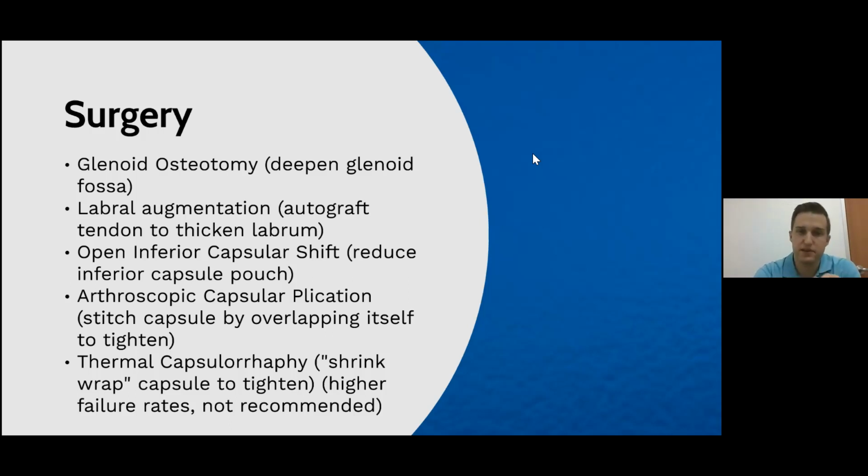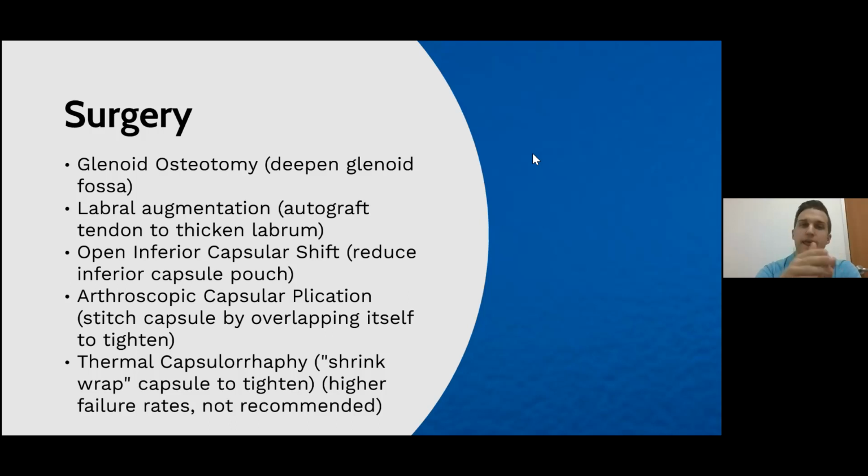There is arthroscopic capsular plication, which is a very similar approach as the one I just talked to you about before. But with this one, instead of just focusing on the inferior capsule, they will take, again, loaded shift test. This is where this is relevant. If they have more instability in the anterior capsule or in the posterior capsule, they will specifically approach that part